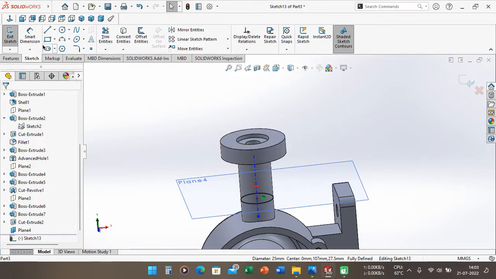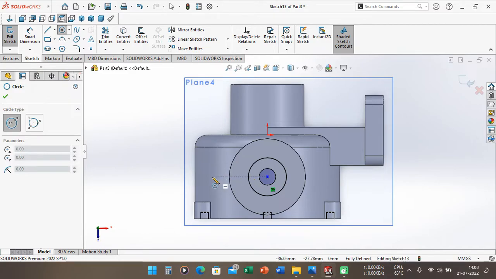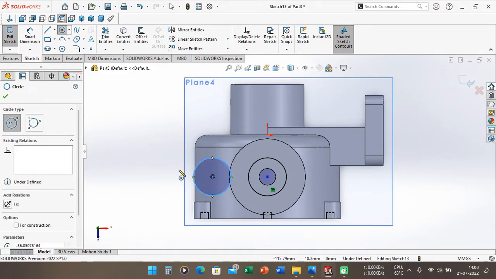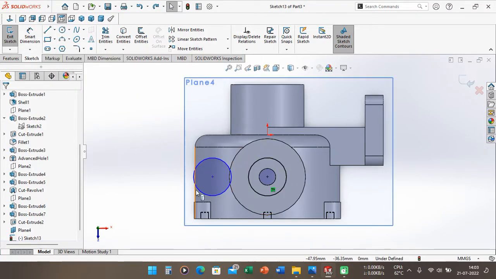After that we can go normal to here, and then we can make a hole here. Make sure the center point of this point and this point is a center. We can use smart dimension again. Wait a second, we can try again.